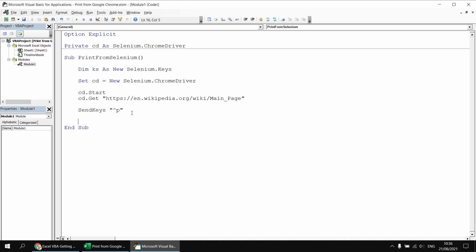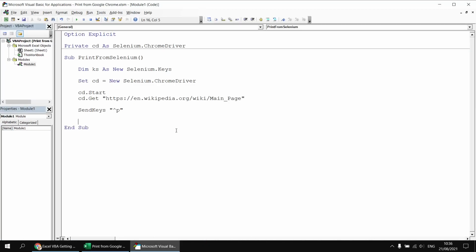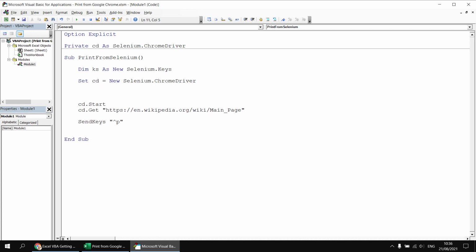If you did want to use a specific profile to get access to your saved print settings, then we do have a quick video which explains how to open Chrome using a specific user profile. But for this one we're going to continue with the anonymous profile. So to do this, we need to set an argument of the Chrome driver before we start it. So let's add a couple of blank lines and say